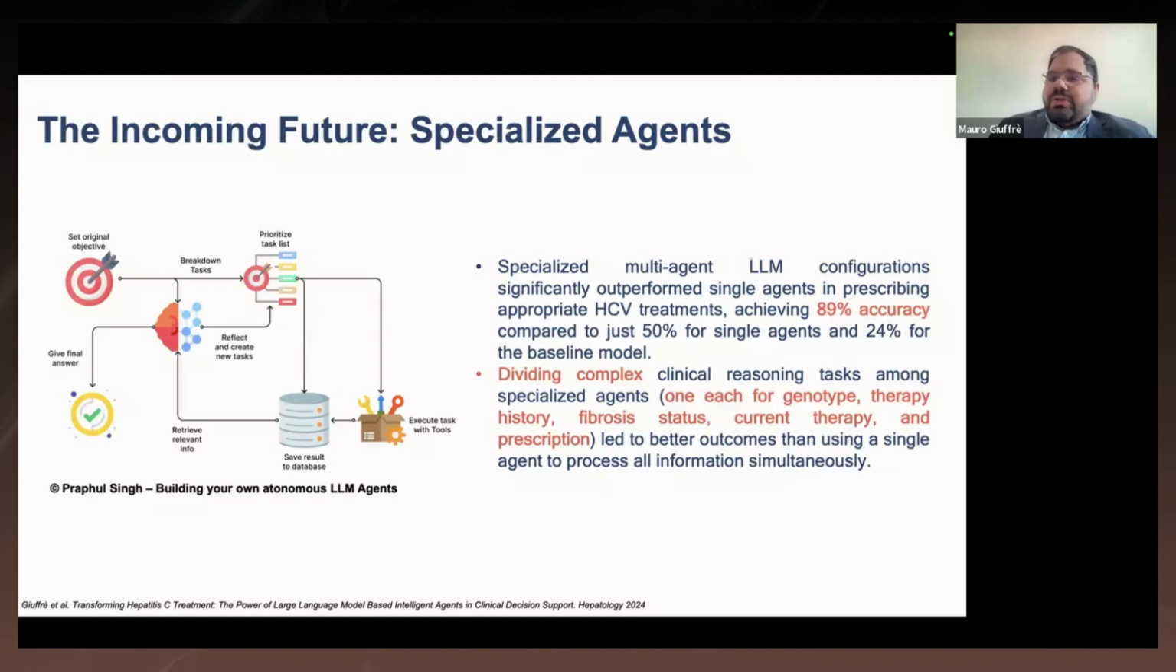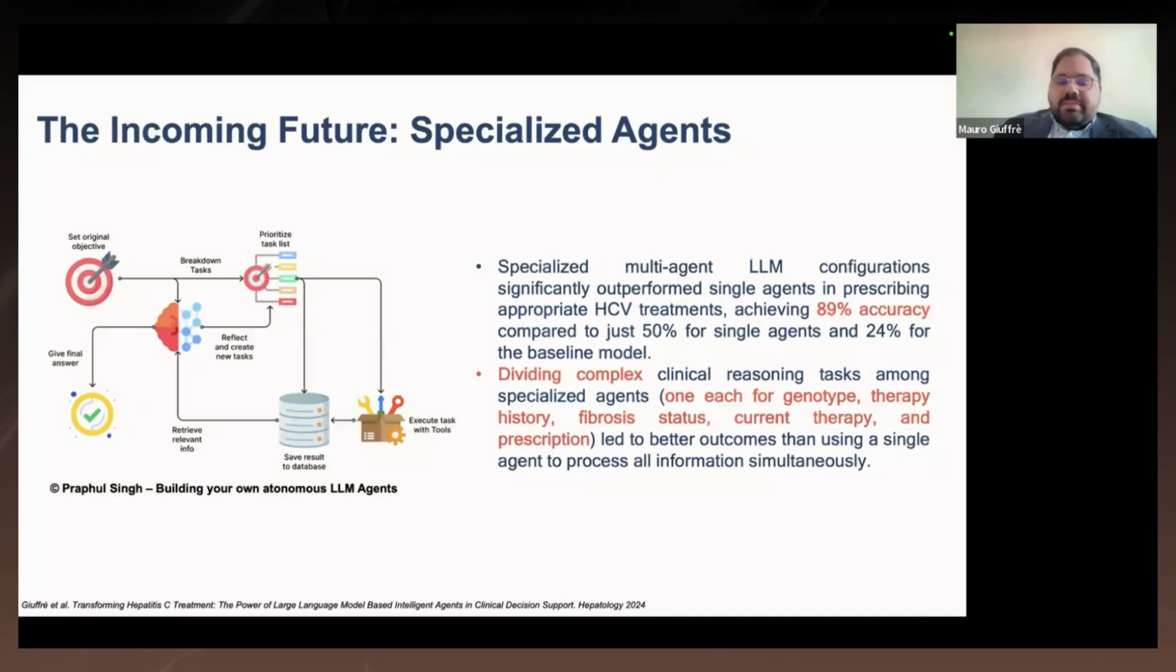Let's say I want to treat a patient with HCV. I have one LLM that checks the genotype and provides recommendations based on the genotype. Another checks therapy history and provides recommendations accordingly. Another the fibrosis status, another the current therapy, and another, for example, the current prescription that the patient is taking. And when you have multiple LLMs, each with a given task, and they're talking to each other, we performed